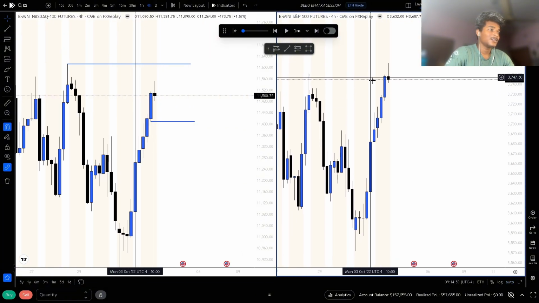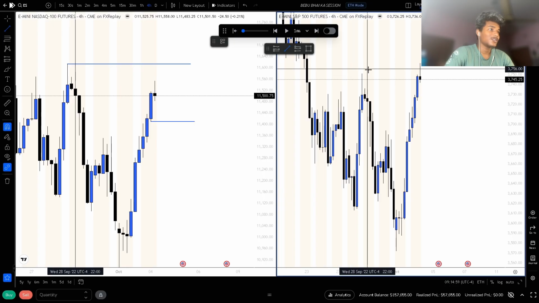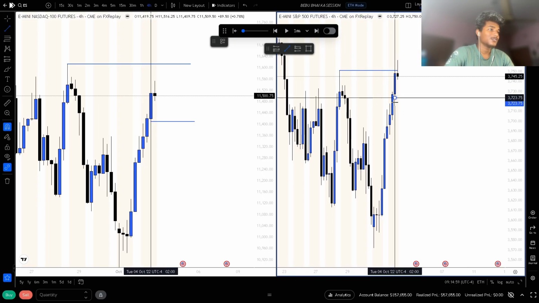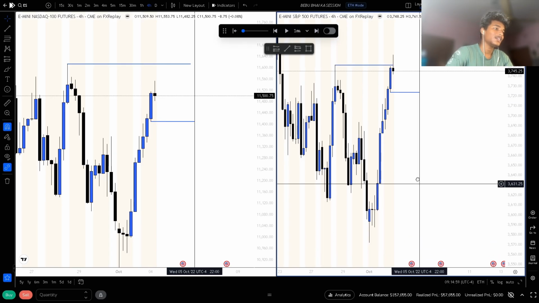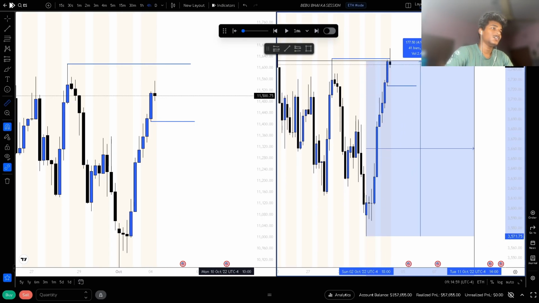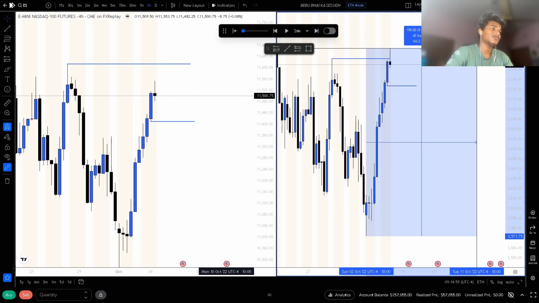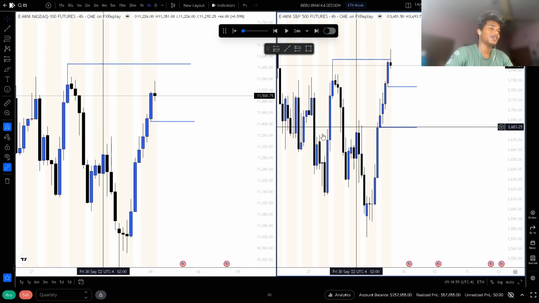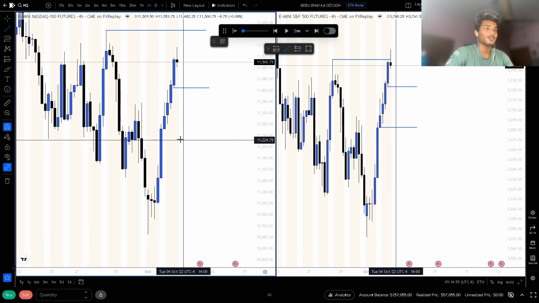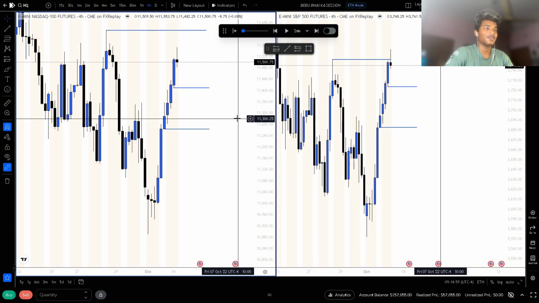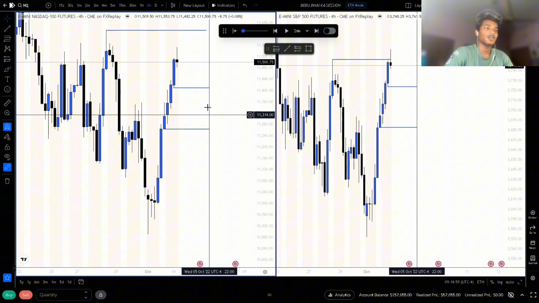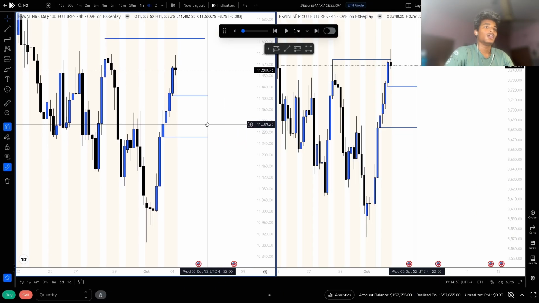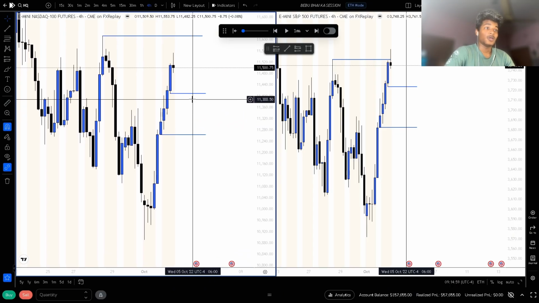And we can see that ES has already taken it out. But I do think the market is gonna move up higher. Market may retrace. So genuinely I think that I wanna see equilibrium hit off this range. I wanna see this gap get filled. Yes, I wanna see the market fill in this gap and then continue moving up higher actually.